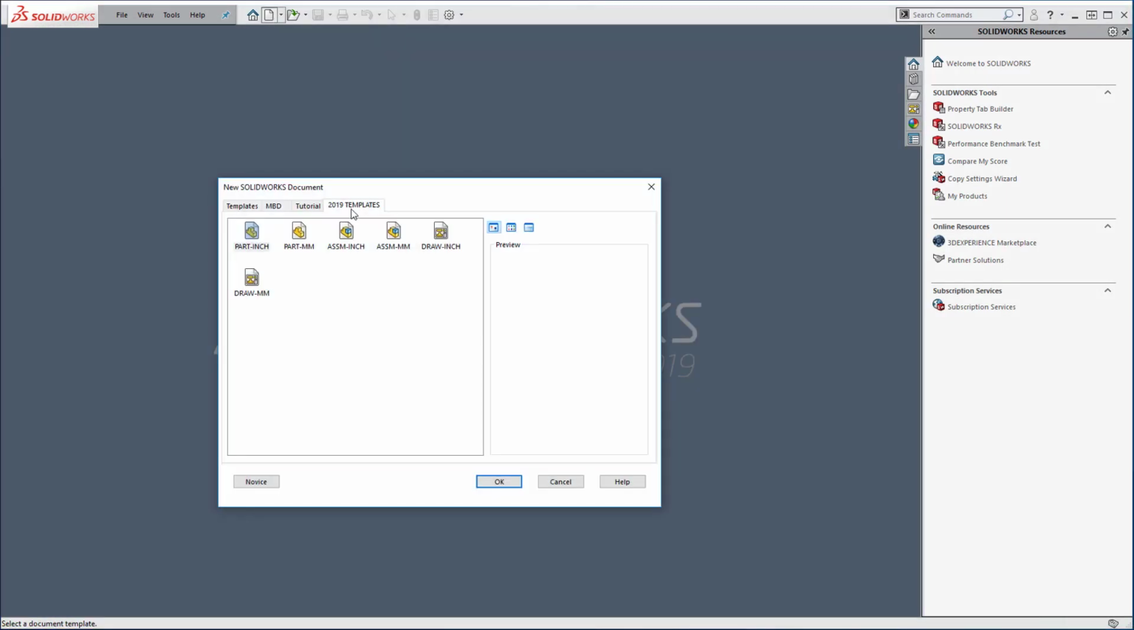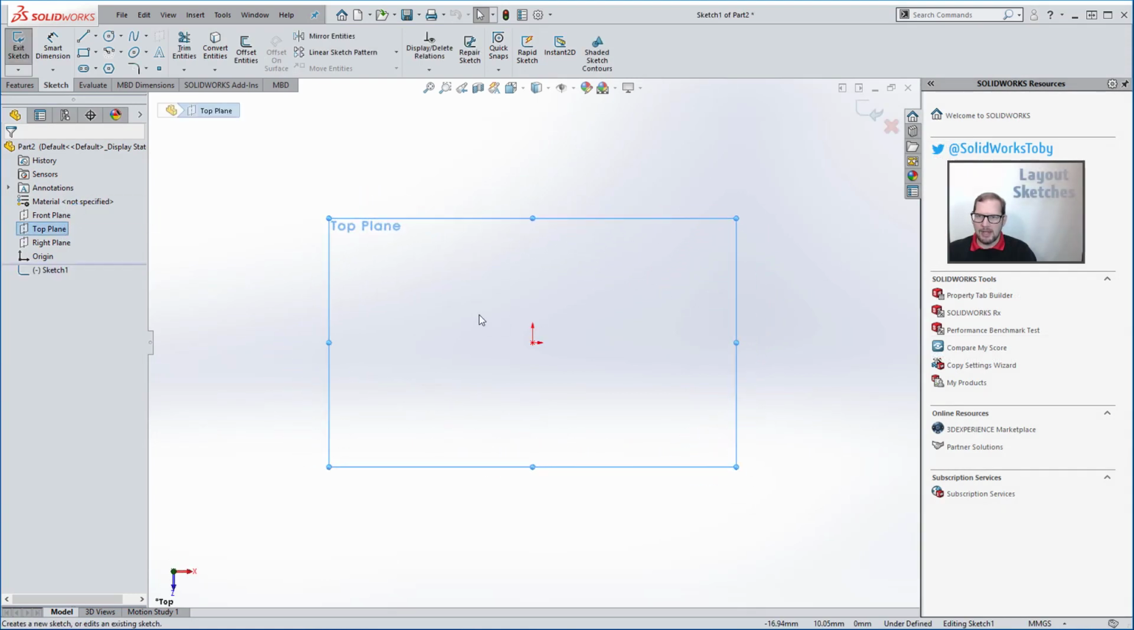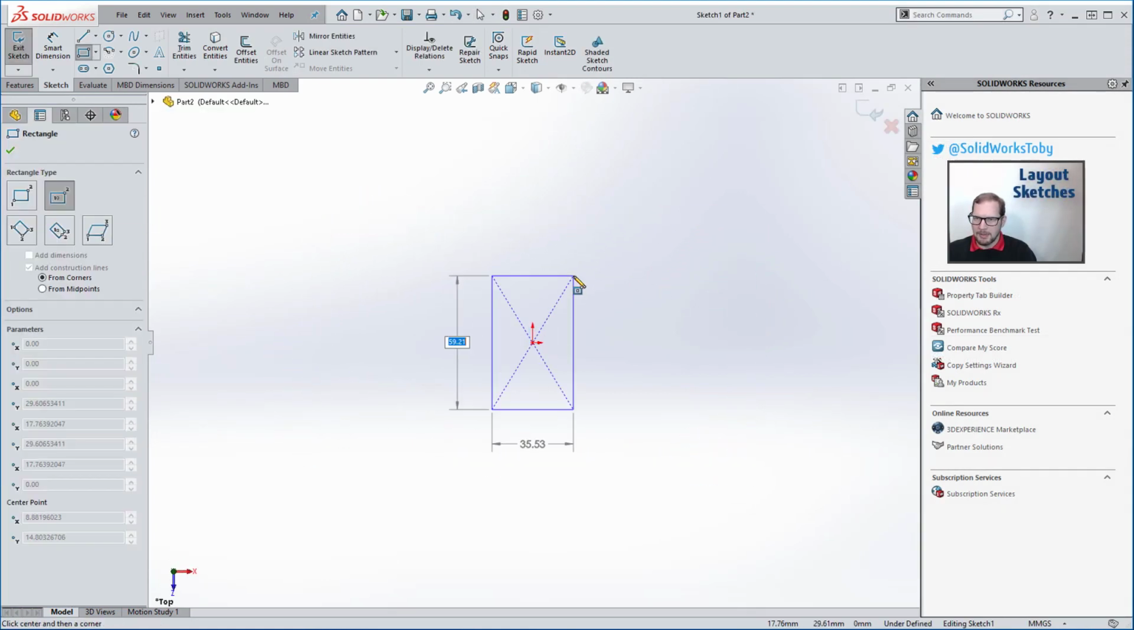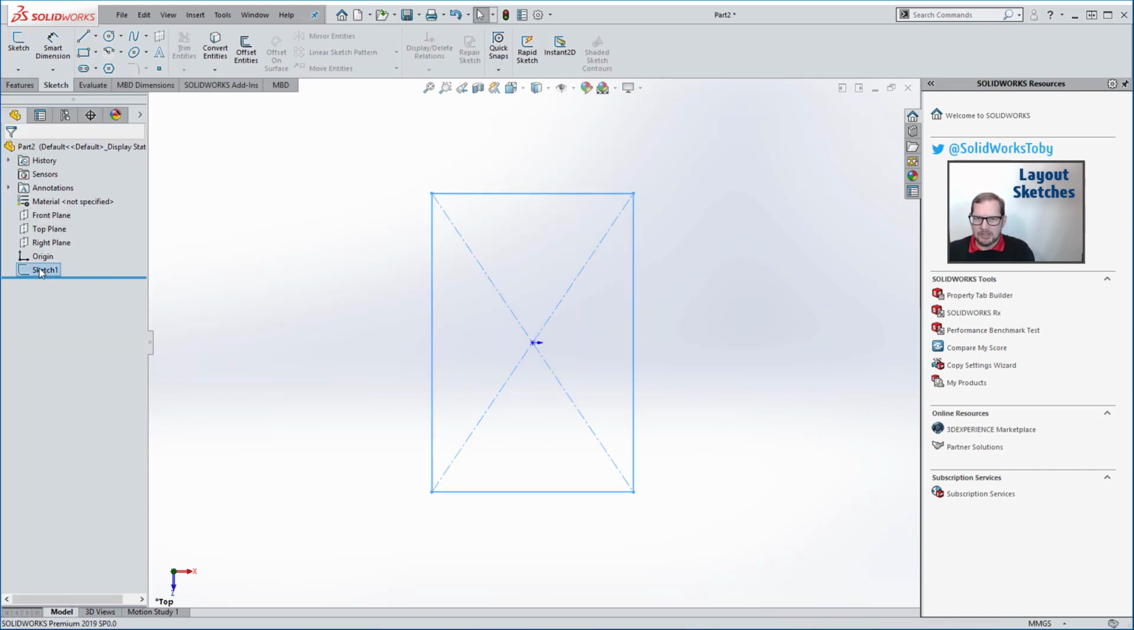So I'm going to go in here, I'm going to start a new part here in millimeters, and I'm going to go top plane, begin a sketch. I'm going to sketch a rectangle here, and I'm going to give that rectangle the dimensions that we talked about earlier, 132 by 88. And then I'm going to exit that sketch, and I'm going to rename that sketch something like top